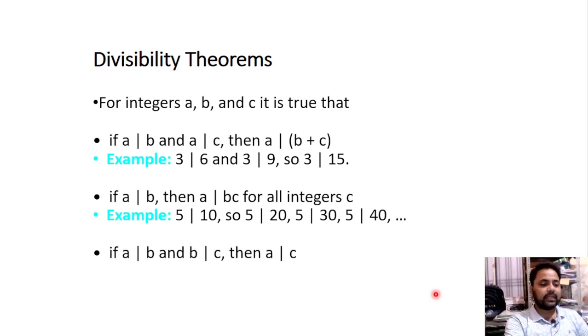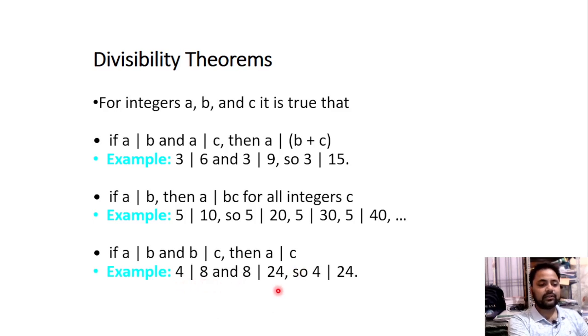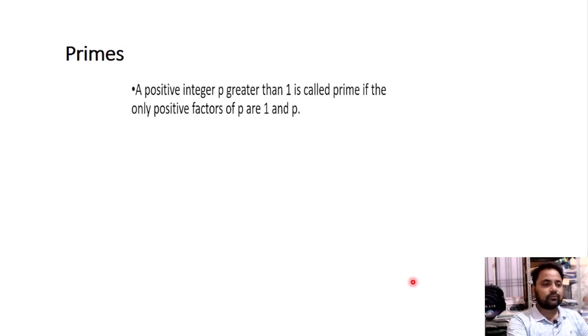If a divides b and b divides c, then a divides c. This is also true, and this statement is very important. This is the relevancy for divisibility in terms of a, b and c. Here is an example: 4 divides 8 and 8 divides 24, so 4 divides 24. For prime numbers, a